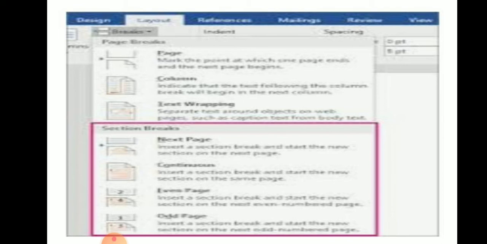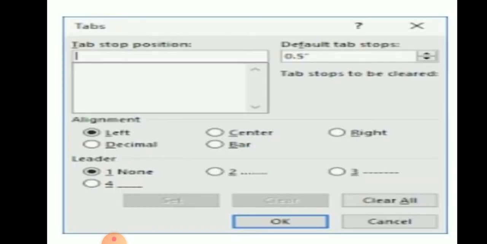Clear children? Let me move to the topic of working with tabs, children. It is a great way to indent specific text, and one of the most common ways to indent text is to use the tab key. Here you can see the tab stop positions, right?